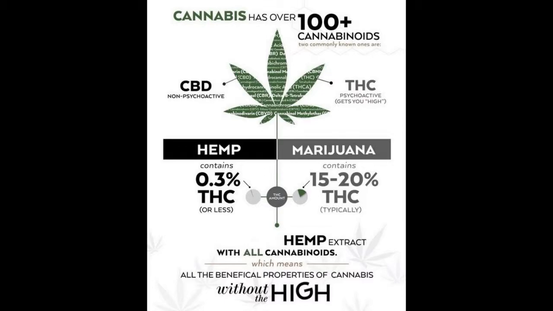You can get CBD oil with or without THC, and the THC is actually in hemp. There's a difference between hemp and marijuana. I'm going to show you a chart on that. So if you want to look at this chart, this is the difference. You have the cannabis plant, and in the cannabis family you have hemp and you have marijuana. The hemp has 0.3% THC in it. Marijuana has 15 to 20% THC. That is a lot more THC. The CBD is non-psychoactive, and the THC is psychoactive.